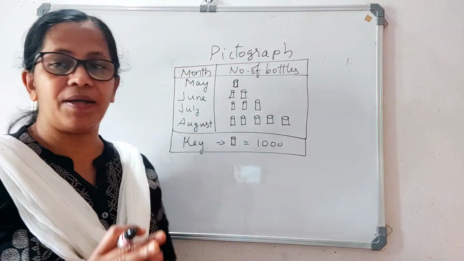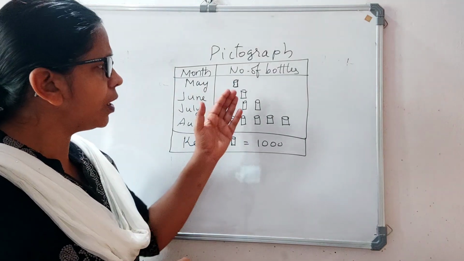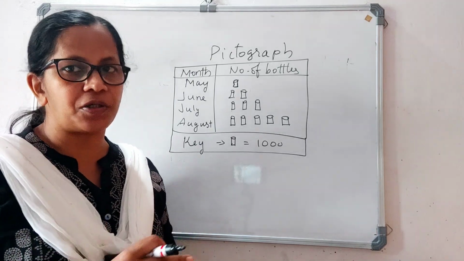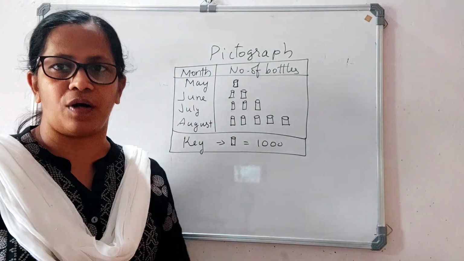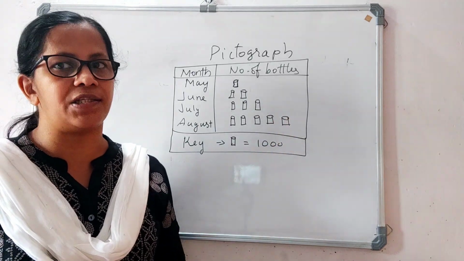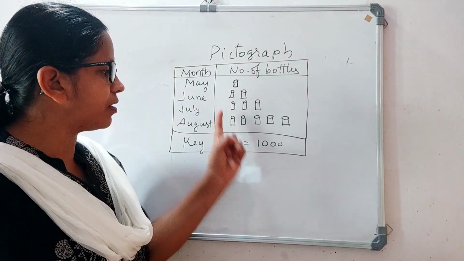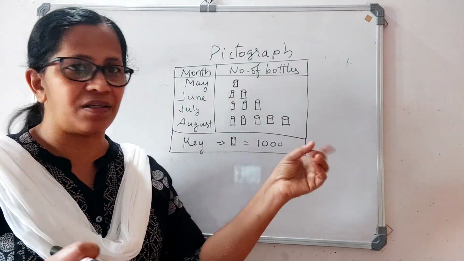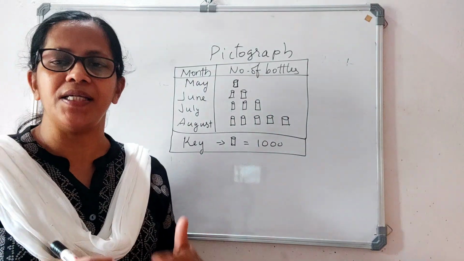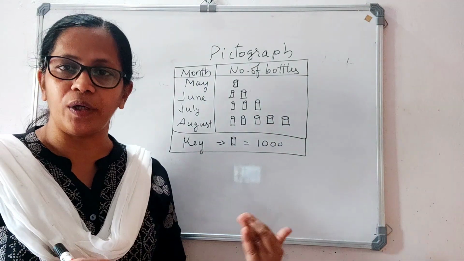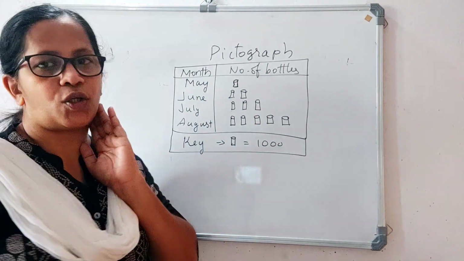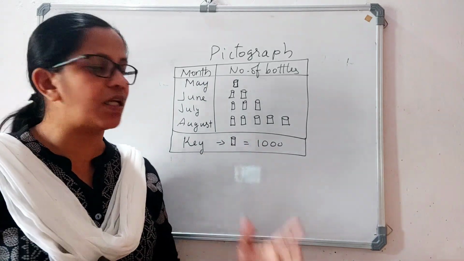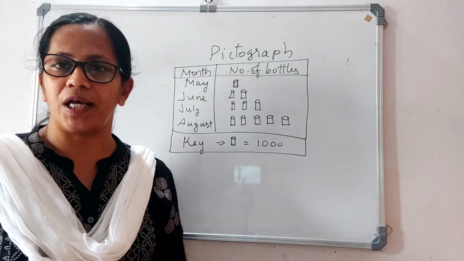Any pictures can be used, so let us use a picture which is most related to the topic given. Since it is given bottles, I have drawn bottles. It's not a must to draw a bottle itself; you can represent it in different ways. But when the numbers are large, like 50 or 100, which cannot be represented by drawing pictures, we can use a key. Sometimes the question gives you the key. So this is the pictograph. The given information in the question, I have represented in another way using some pictures, so it is called a pictograph.